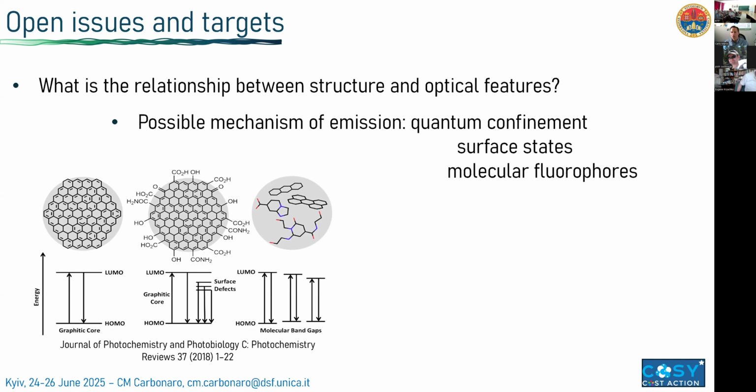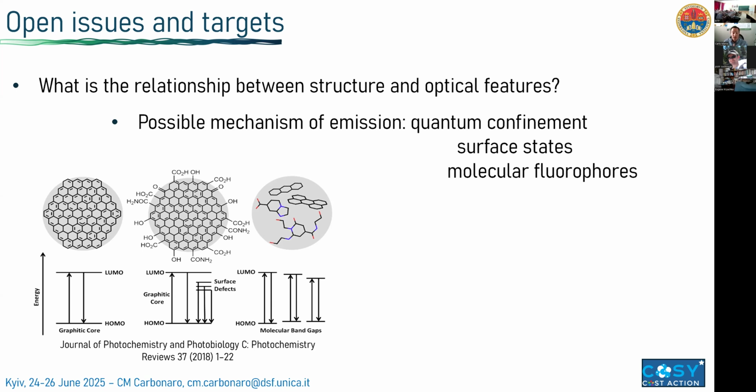For example, in the case of a very ordered system, usually we apply as a model for the optical features the quantum confinement. In other cases, when we have a system with a lot of different edge functionalization on the surface, like different edge chemical groups, we call for the presence of surface states, which modify the electronic levels inside our nanostructure, giving origin to surface states, which could provide both the absorption and the emission properties that we get